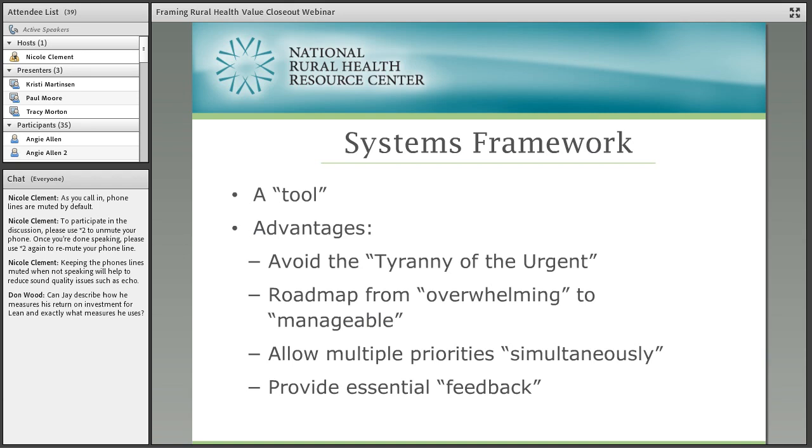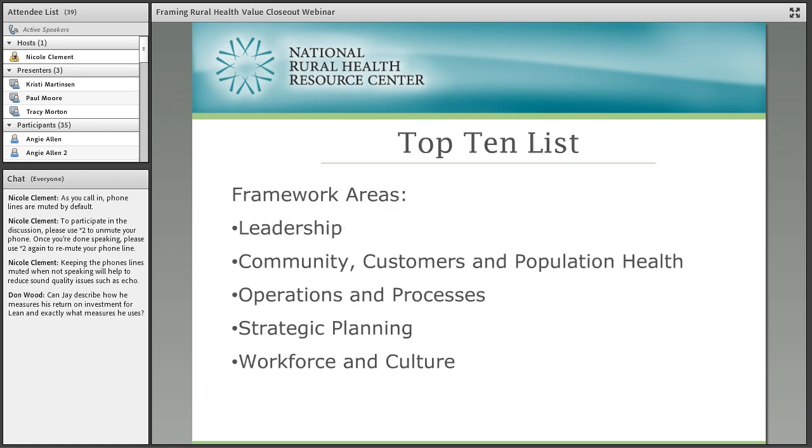And finally, it provides feedback. Once again, kind of the aviation overtone here. I'm reminded of the captain's mixed message that he shared with his passengers. He said, folks, we have good news and bad news. The bad news is we're lost. The good news is we're making great time. And so I think the fact that a framework can give us that essential feedback to know where we are in case there's a need for a mid-course correction or whether we're doing everything right and the call is for full speed ahead.